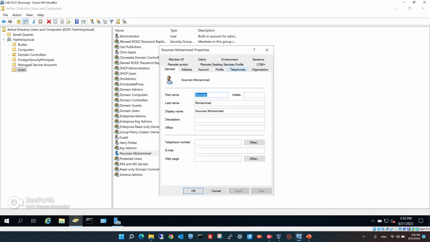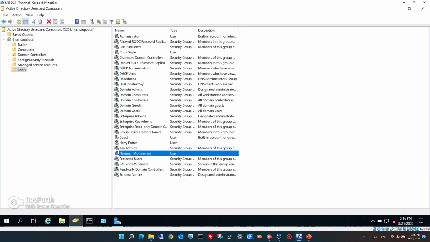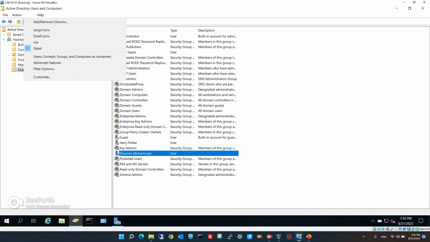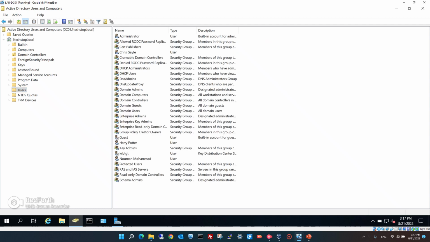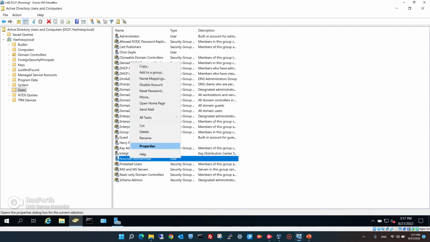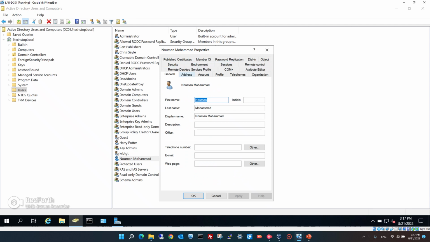Now the properties of this user are showing some limited tabs here. Now I want to see more information. Either you can use PowerShell and use the commands, or we have one option here for the attribute editor. To enable that option, click on View and then click on Advanced Features. Now this has enabled so many other OUs which were previously hidden. Now where is my user? Yeah, Nouman Mohammed, right click, properties,